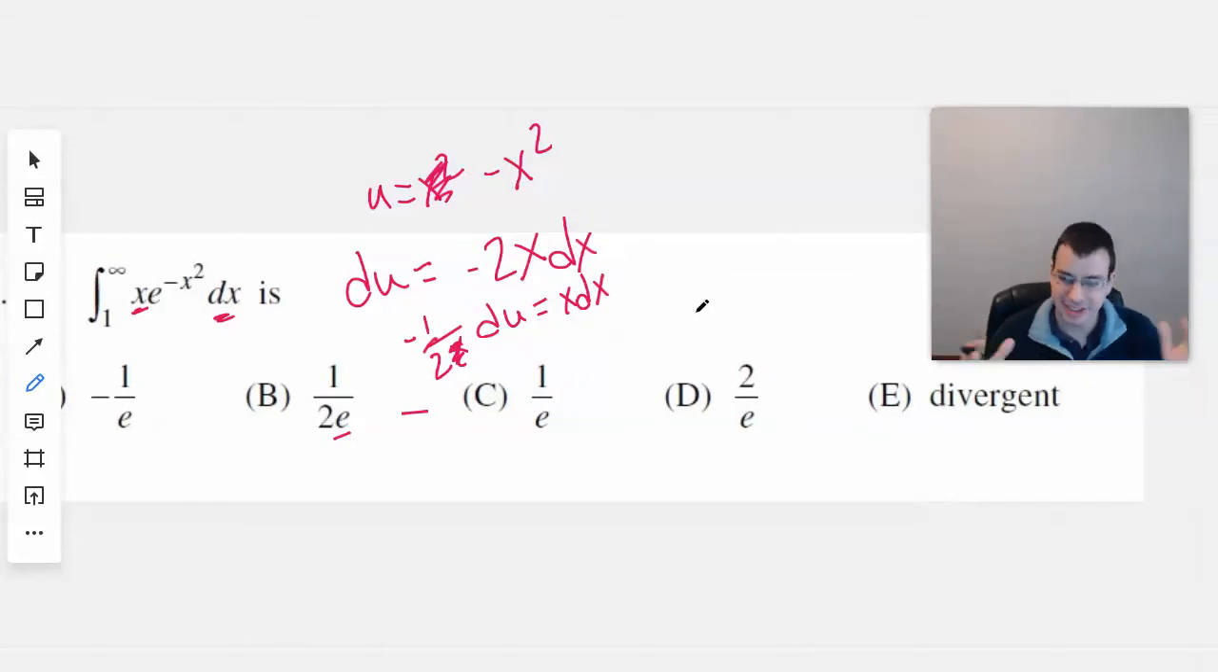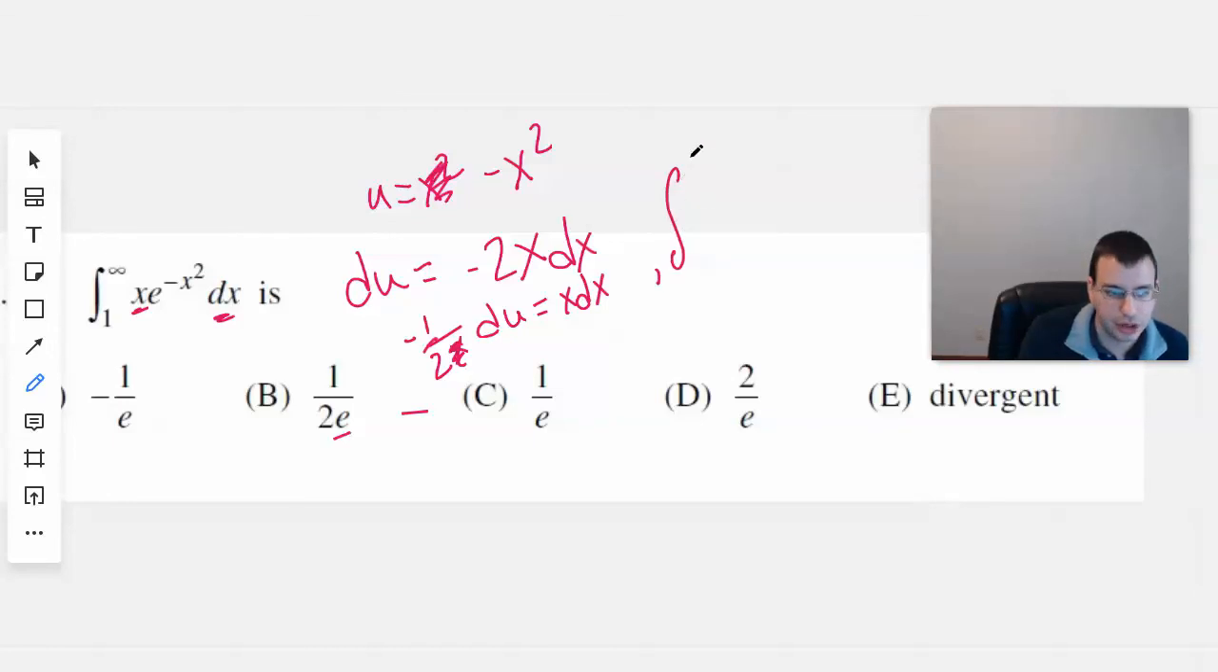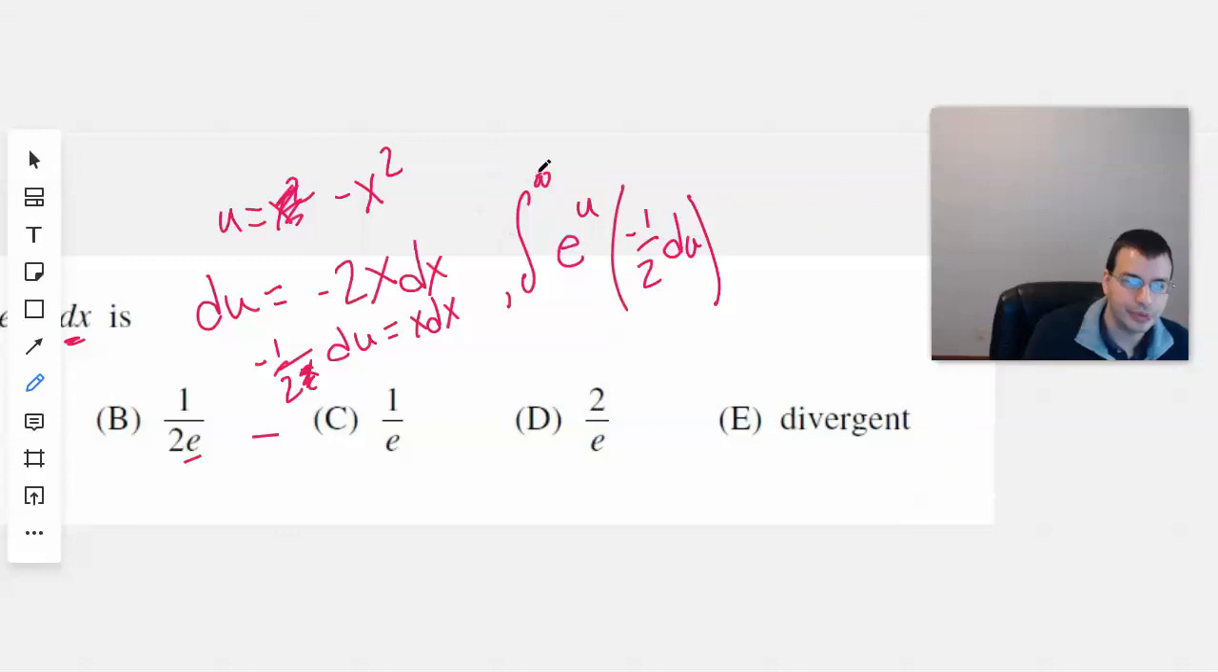I like to make things as simple as possible. So what we have here now is the integral from 1 to infinity of e to the u times, and we have x dx, which we substitute in negative 1/2 du. I'm going to leave these limits of integration out because since we substituted, we'd have to change those from x to u. I'm not going to do that yet, so I'm just going to leave them blank,